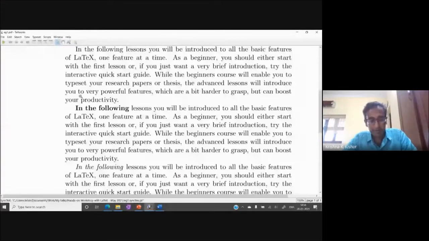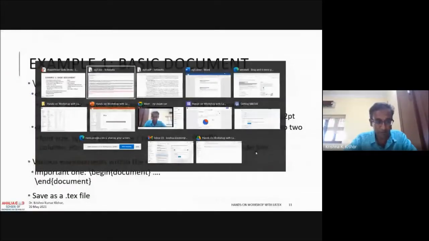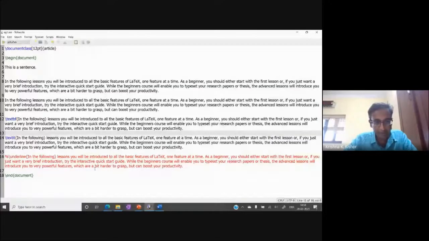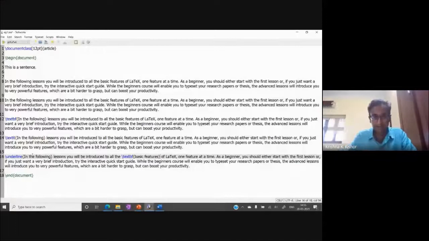The other thing is that I may want to underline a certain portion of my text. You can do this anywhere, mind you. It need not always be in the beginning, I just showed it in the beginning. So now, underline in the following. Let's say I also want to bold the basic features, so I just go textbf, basic features of LaTeX. The underline command is backslash underline. Some editors have drop-down options where you can pick these commands by default.